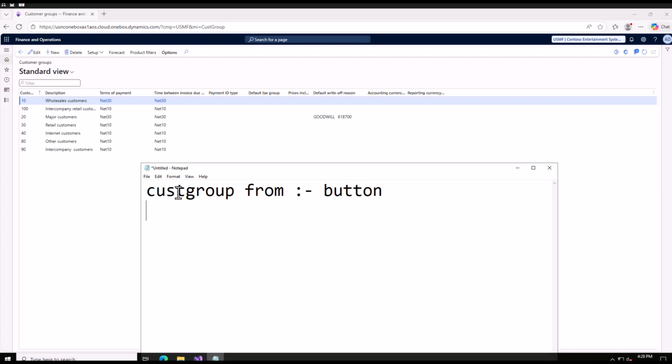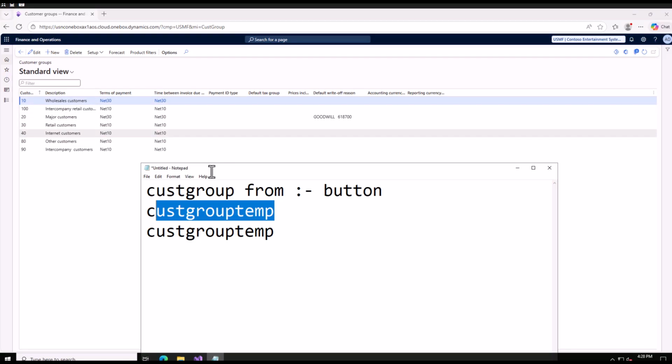And this button will open another form. So let's say my form name is customer group temp, something like this. This would be my new form, and I will create a new separate temporary table named something like this only, customer group temp. I will create the table with the same name and a form with this. So when I click on this particular button, it will simply open this form, and the data,